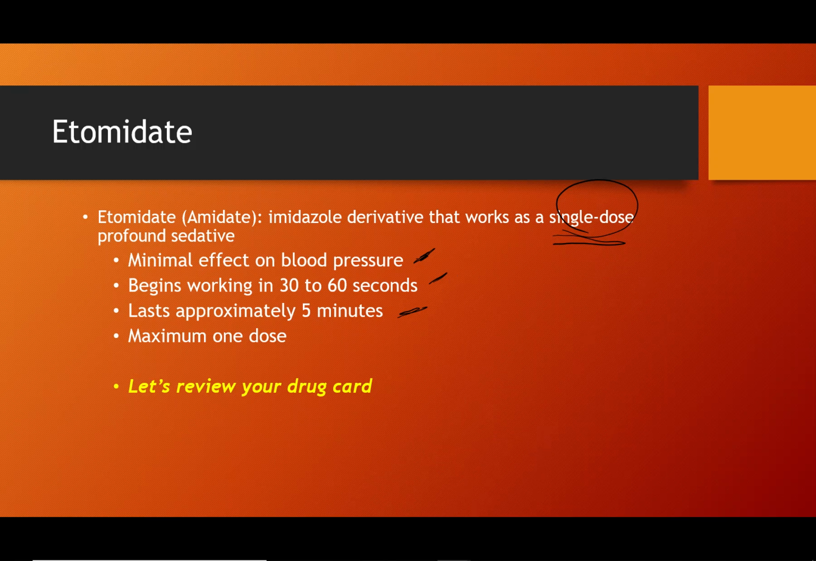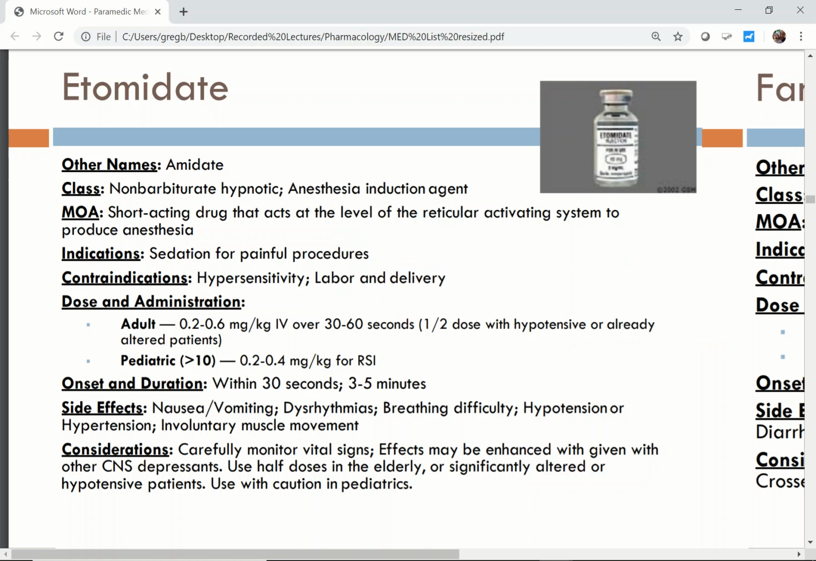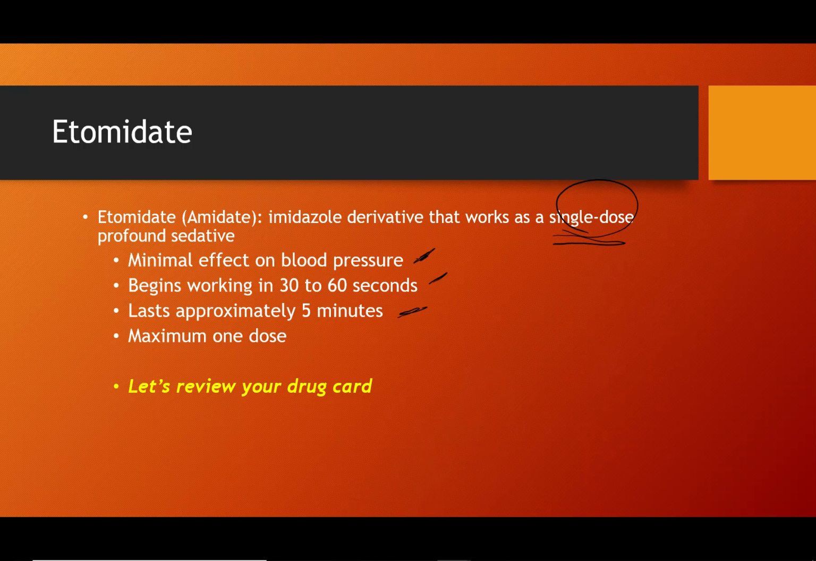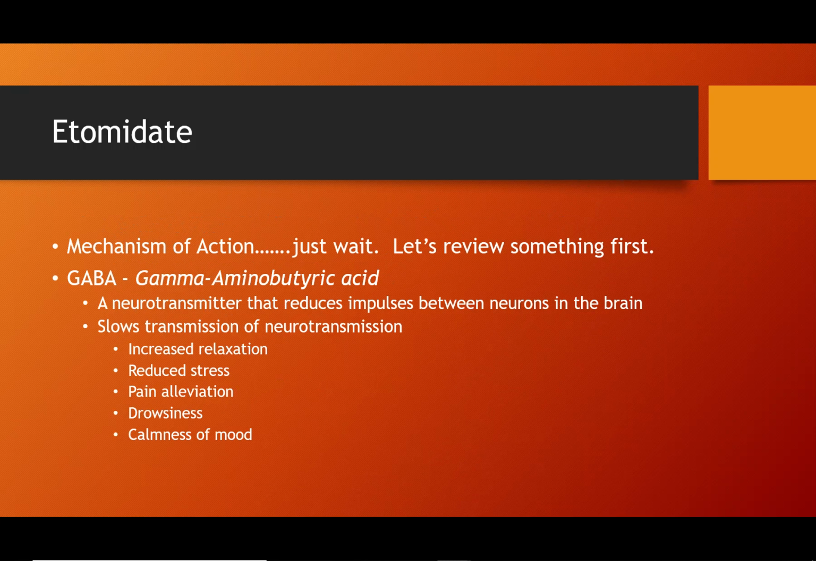All right. So as a review, let's go over your drug card, and we're going to talk about etomidate right here. So other name, amidate, you'll see that right here. And let's talk about the mechanism of action, because that's really what the lecture is on right now. You'll see right here, short-acting drug that acts on the level of the reticular activating system to produce anesthesia. Well, what is the reticular activating system? Before we can really discuss that, we're going to talk about GABA